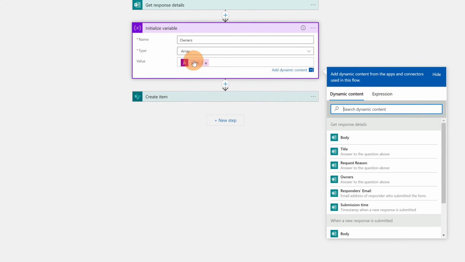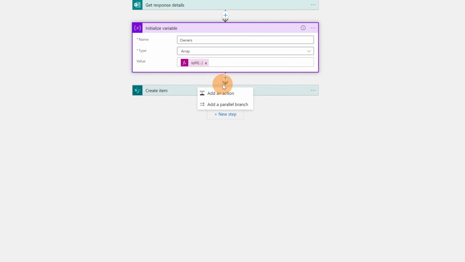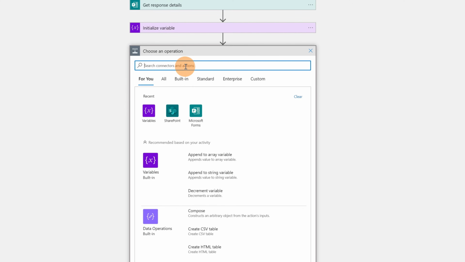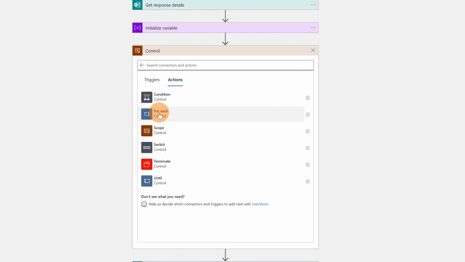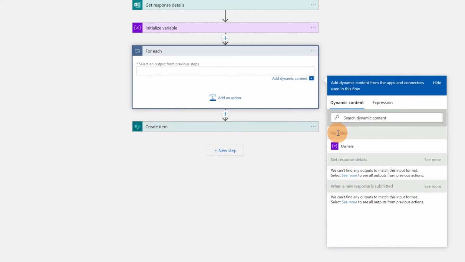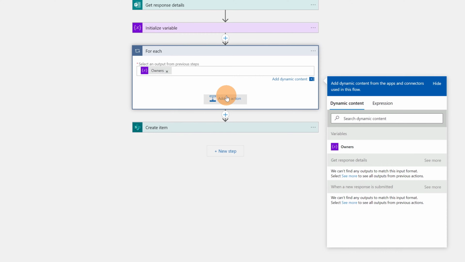Now with this function I will split every owner contained in the text field of the form, and I can use later this owner. So let's create now for each. I'm going to go through every owner. I'm going to use the for each as I mentioned. I'm going to target the owners. Now I need another temporary array where I'm going to append every